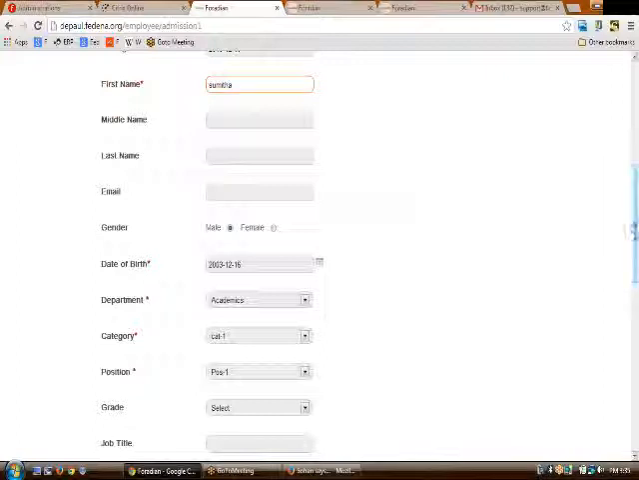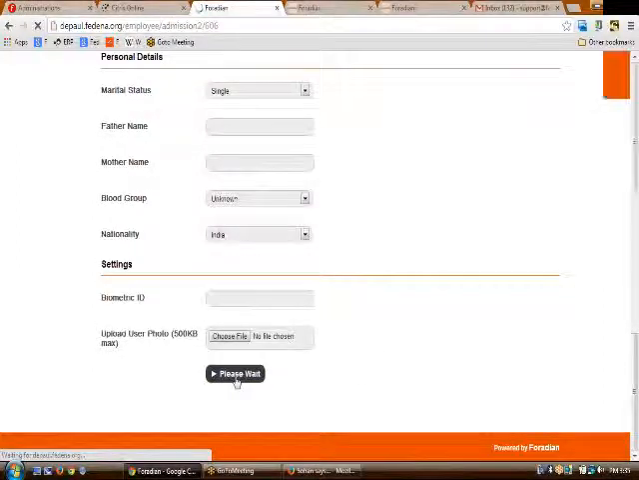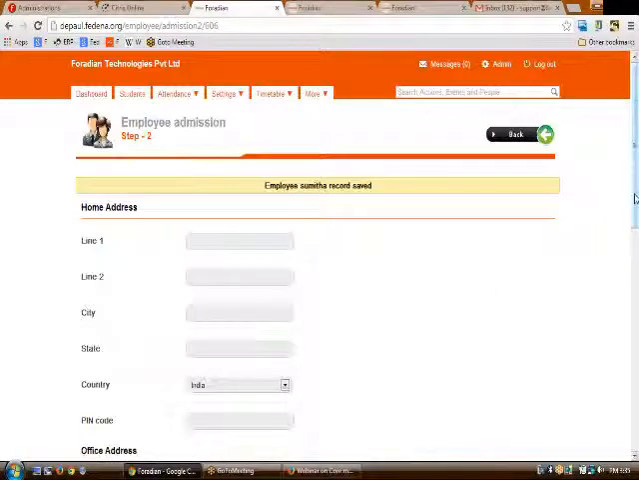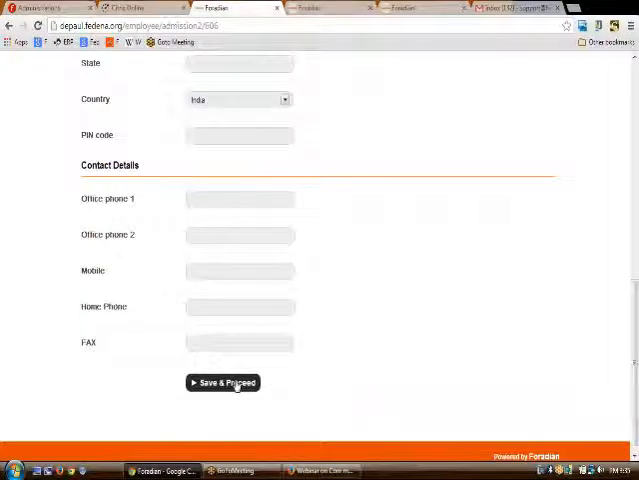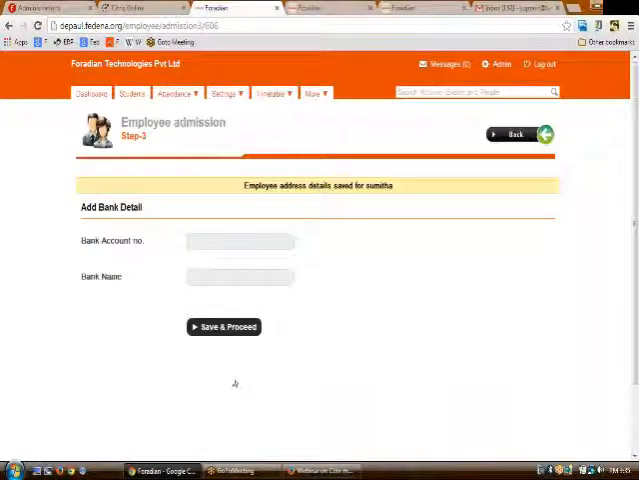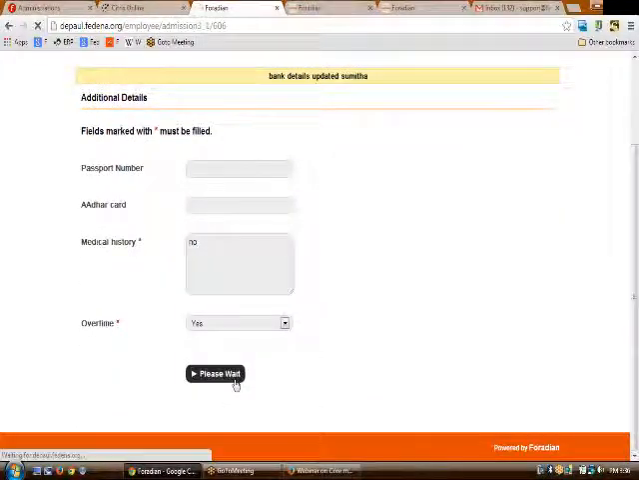again on clicking save and proceed, I will be redirected to the next page of admission of employee, the step 2 of employee admission. So now you need to enter the rest of the details here, and on clicking save and proceed, you will be asked to enter the rest of the details from step 3, like the bank account details, and then the additional details that you have asked us for. And then on clicking save and proceed,